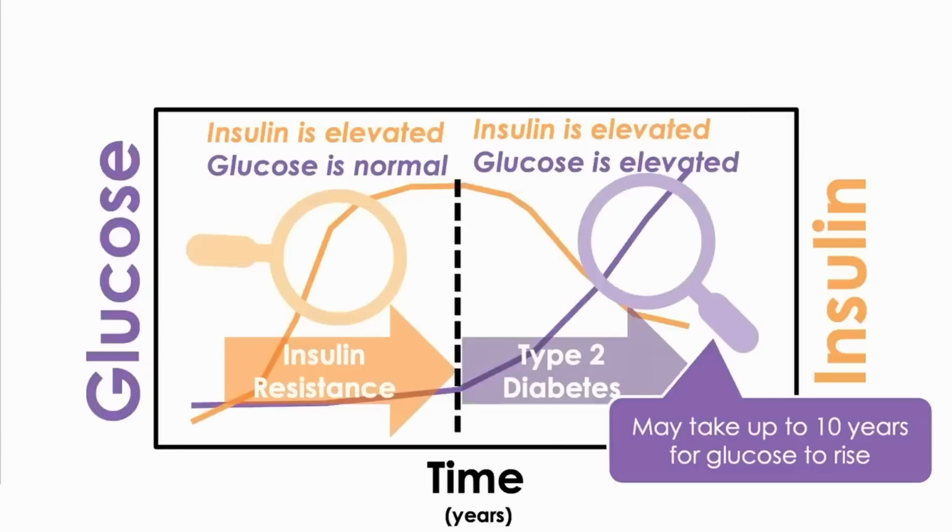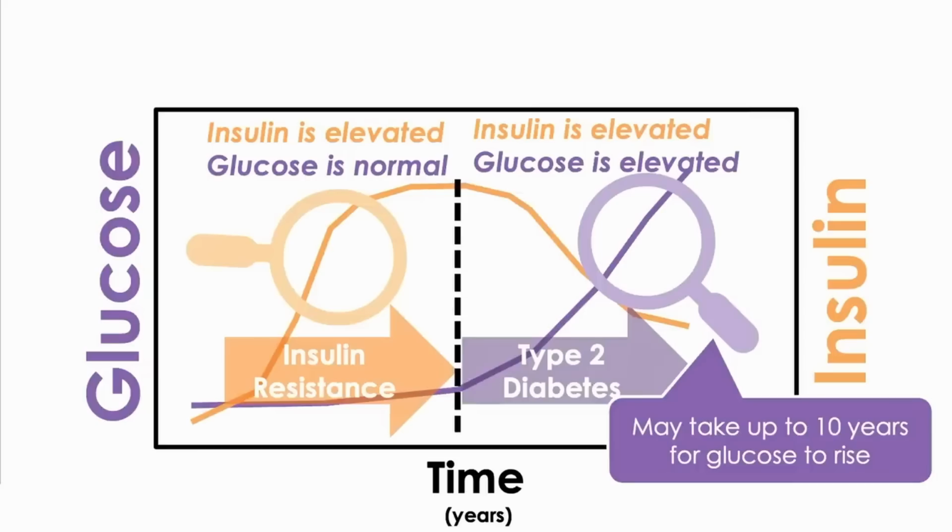But we are more advanced than our ancestors were, in some ways, maybe not others, but we have the ability to measure insulin. So glucose can be elevated about 10 or more years after the insulin has already been elevated. This is well documented in prospective studies. We can see over the person's time of getting measured and coming into their GPs that the glucose levels are staying in check, but the insulin levels are higher and higher and higher.